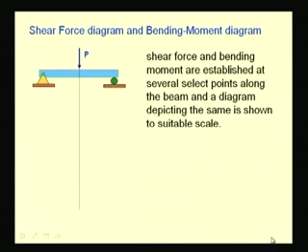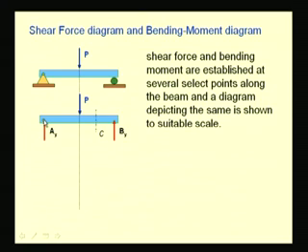Let us take for discussion an example. Here you see a beam which is pinned at one end and supported by a roller at another end, and we have, say, one concentrated load P. First, in order to construct the diagram, we determine the support reactions. To do that, we construct the free body diagram,